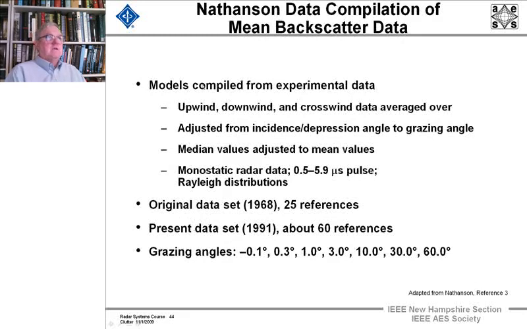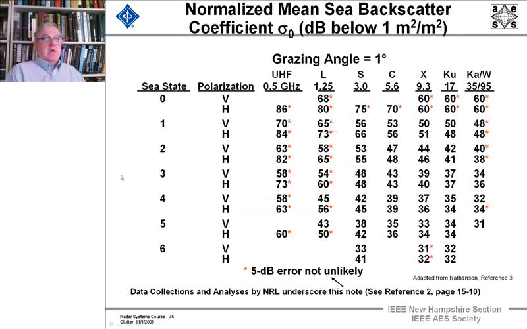And Fred Nathanson compiled a large amount of data, upwind, downwind, crosswind, adjusting from incidence of depression angle to grazing angle, looking at median values adjusted to mean values, and he took data over a large period of time and a large variety of grazing angles. And here are the values which he got for grazing angle of 1 degree,